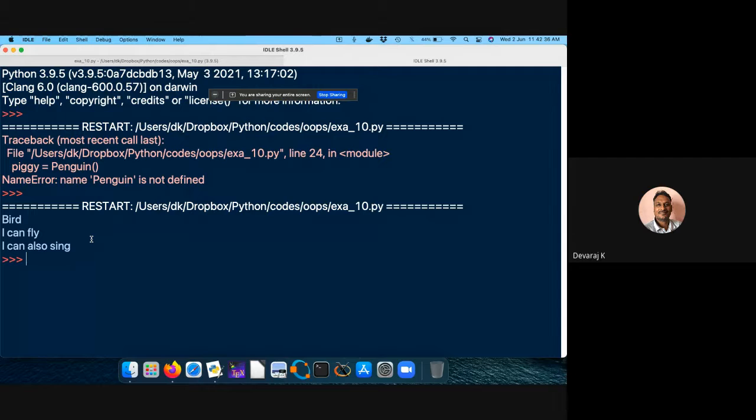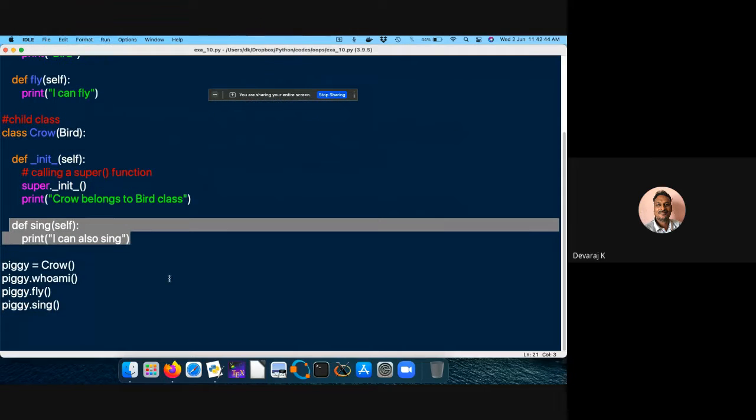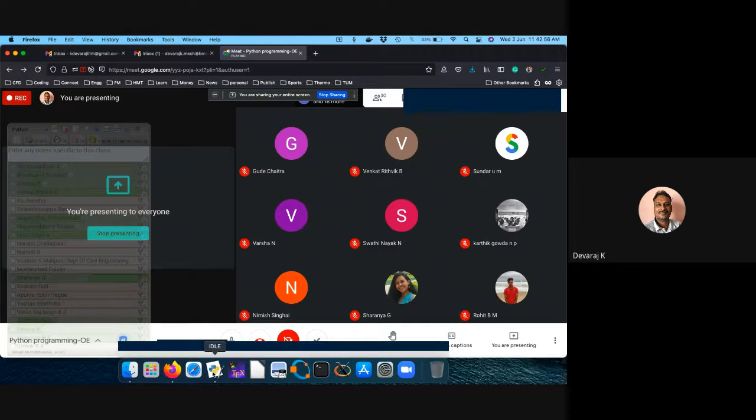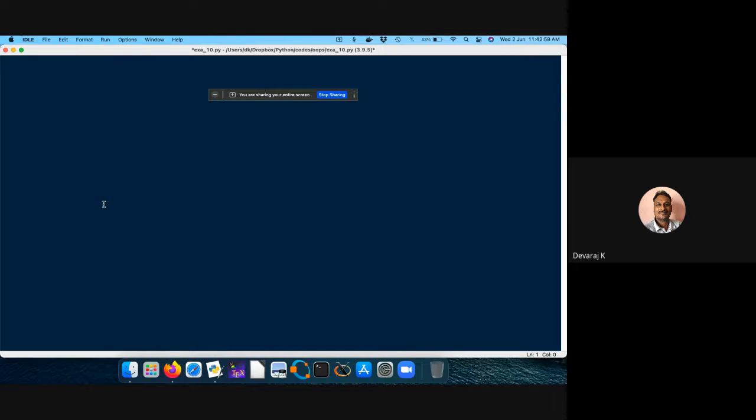Fine. So I told that we have some examples based on encapsulation. Let me look into that encapsulation example. What is encapsulation? Encapsulation means I want to declare a particular variable as private or public. Let me define a class as encap. What I'm going to do is define some variable, b is equal to 10.